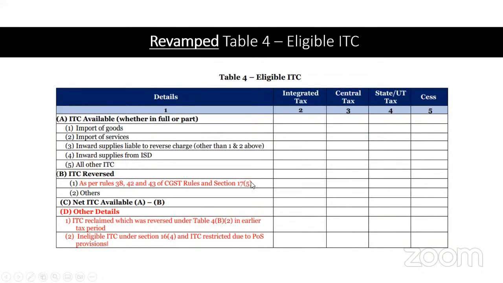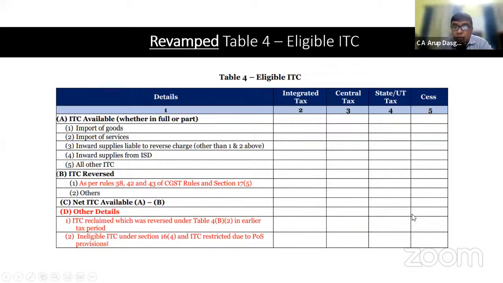तो क्या हो रहा है इसमें, 4B1 में हम लोग परमानेंट रिवर्सल दिखाएंगे, और 4B2 में हम लोग टेम्पररी रिवर्सल दिखाएंगे। और डी बोल के एक टेबल है, डी टेबल में क्या है, जैसे हम लोग कल बताए थे, डी टेबल इज बेसिकली फॉर द डिस्क्लोजर्स। और ये डिस्क्लोजर्स में क्या है, जो भी